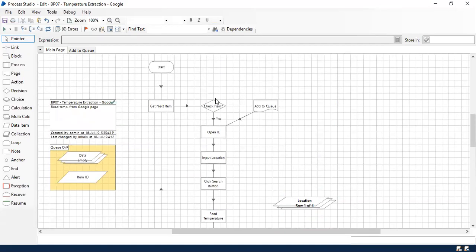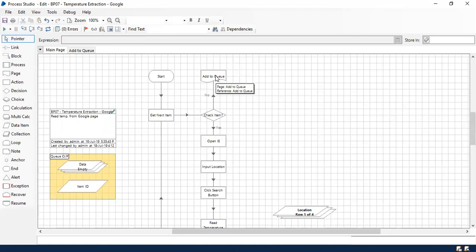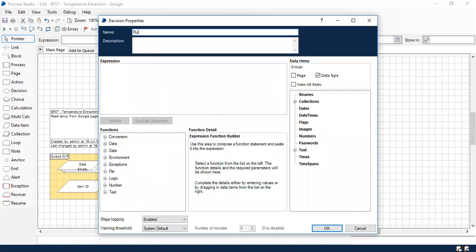What happens if you don't have any item, which is the decision to take out from there, which is no? It will come this way, and if you don't have any item, it's going to add the item. And after adding the item, I'm not going to run it in a loop.